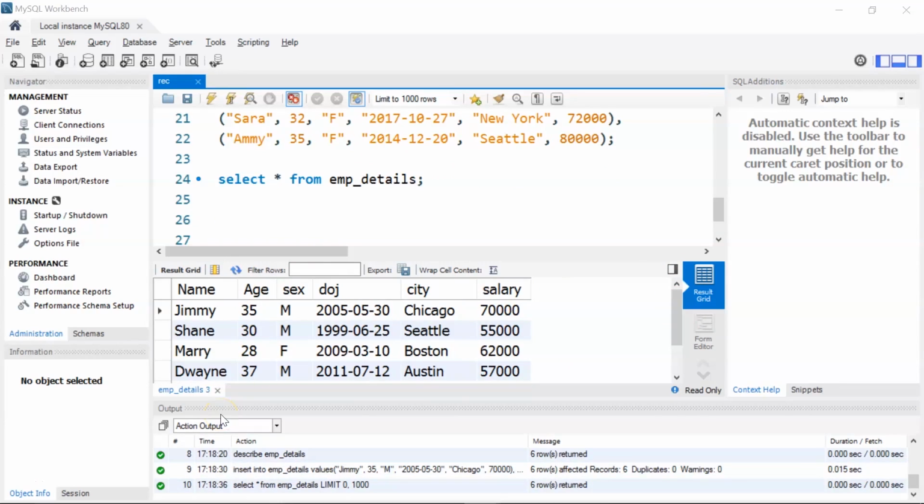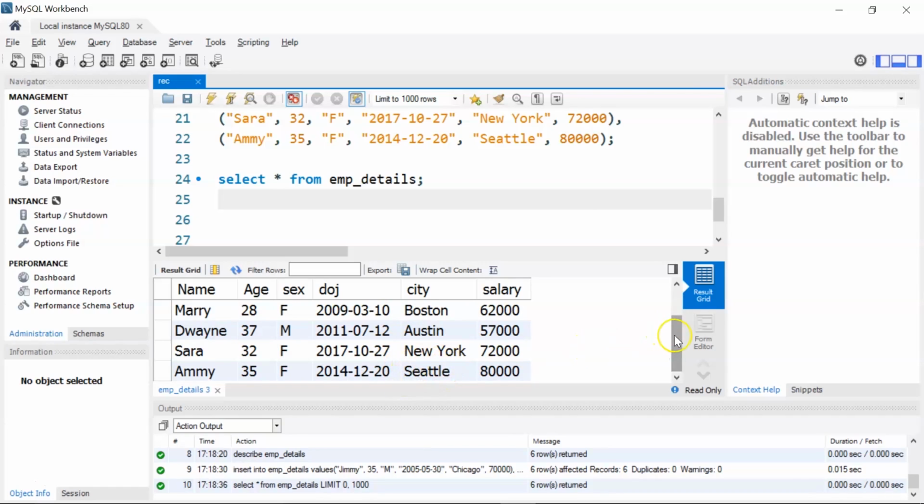Moving ahead, now let's say you want to see the unique city names present in the table. So in this case you can use the distinct keyword along with the column name in the select statement. So let me show you how you can print the distinct city names that are present in our table. Now if you notice this table clearly, we have Chicago, Seattle, Boston, Austin, New York, and there's Seattle repeated again.